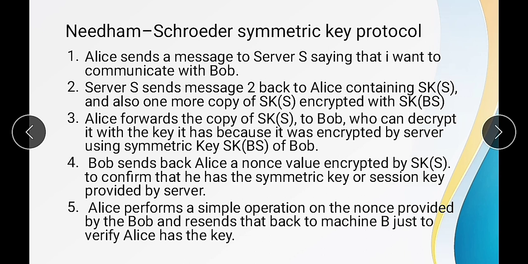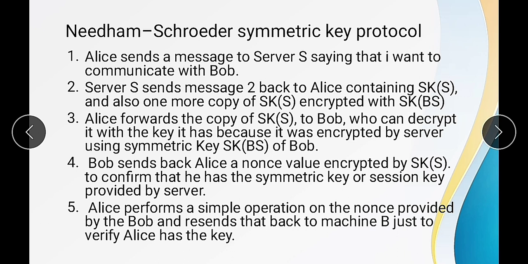The server sends a message back to Alice, and that message contains a key, that is the server's secret key, SKS. SKS stands for server secret key. Also one more copy of the key, encrypted with Bob's key, SKBS, is provided to